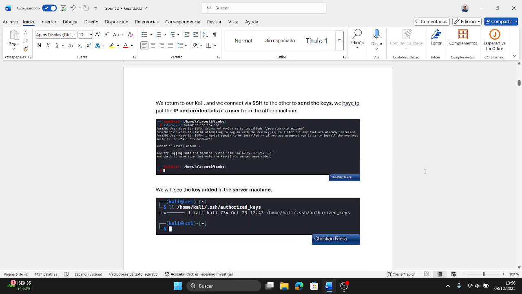Now we return to the client machine and we connect via SSH and the IP to the server machine and we send the keys.